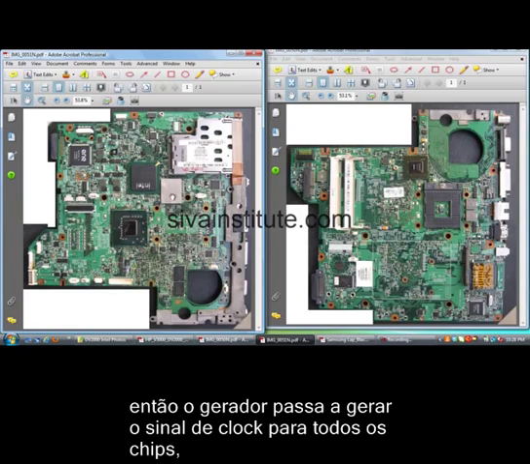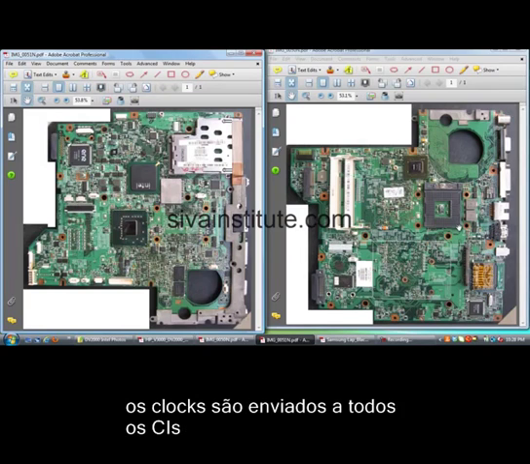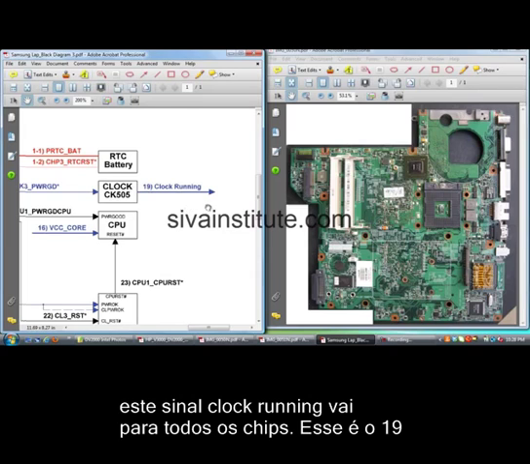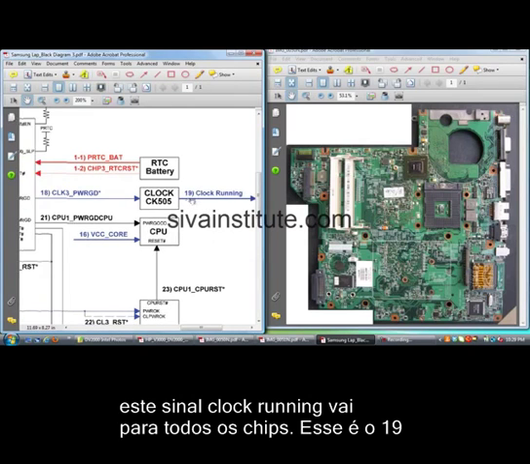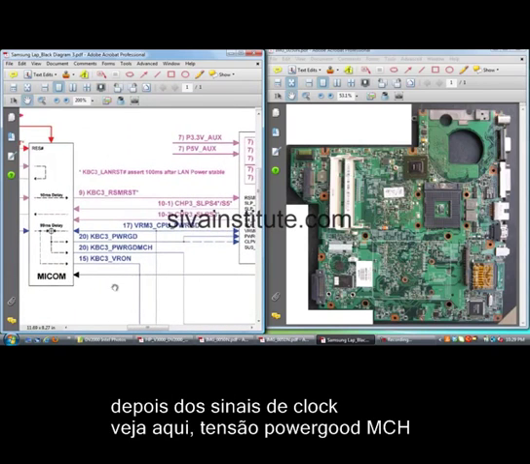This clock generator starts the clock signal, and this clock signal goes to all chips: CPU, GMCH, IO controller, ICH, and this graphic controller. All clock signals go to all these ICs. This clock running signal goes to all ICs, all chips. This is 19. After the clock signal,